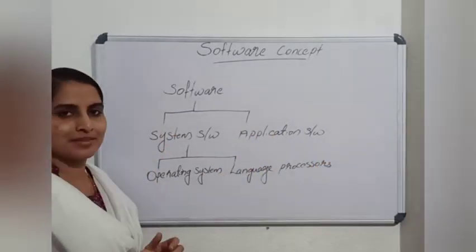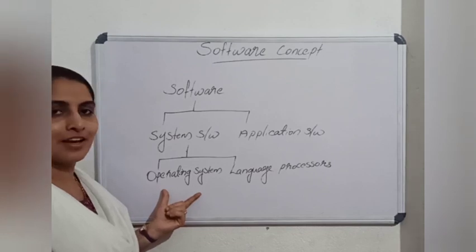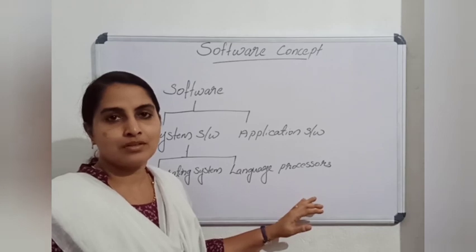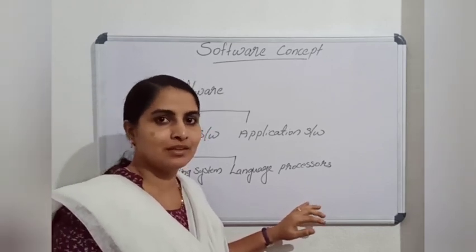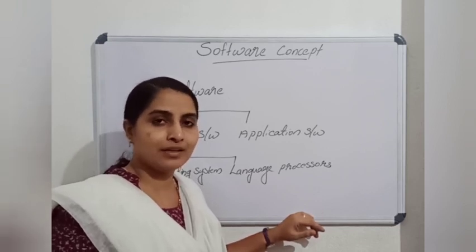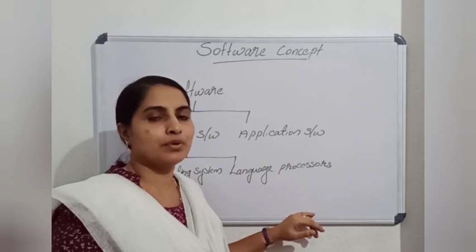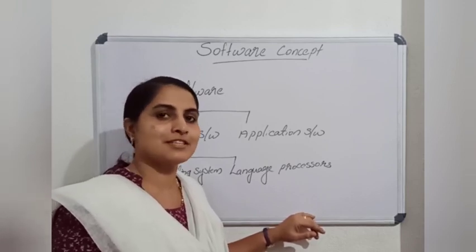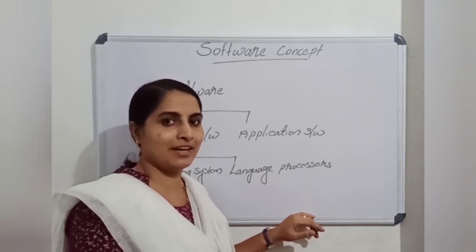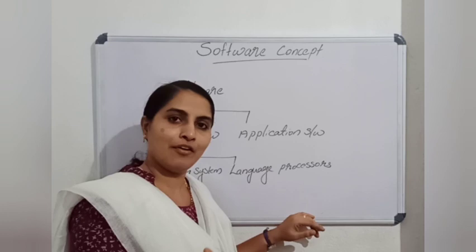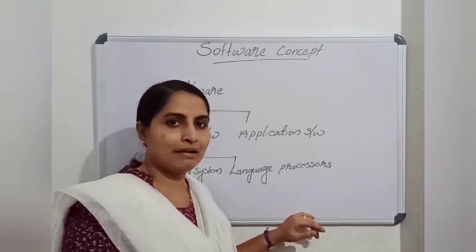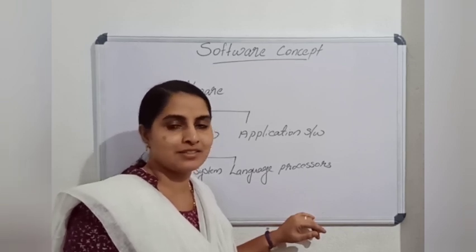What is an operating system? Operating system is an interface between the user and the computer. So if you want to do anything in a computer or in your smartphone, then there must be an operating system in your computer or mobile. Say some examples of operating system. Normally, while hearing operating system, what comes to your mind? Windows is one of the operating systems. Then anything else? Ubuntu or Linux, Unix. Then Mac operating system is there.